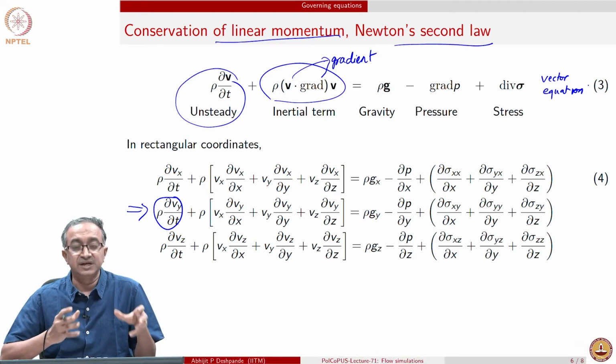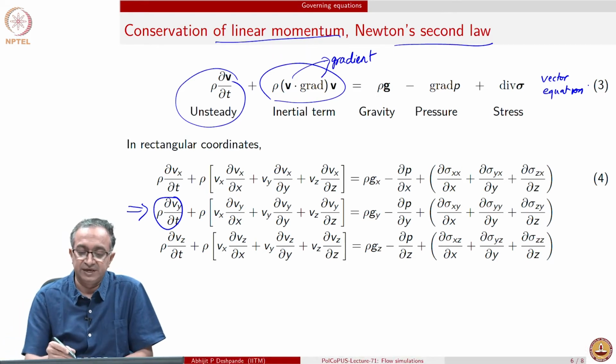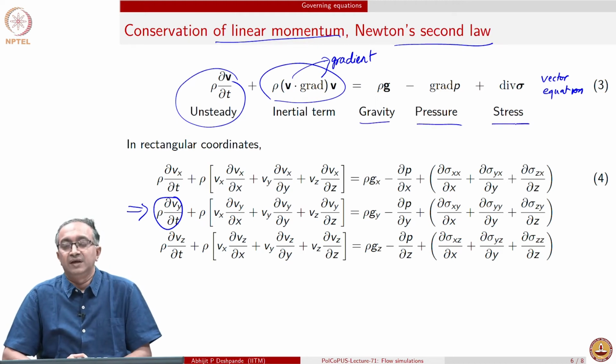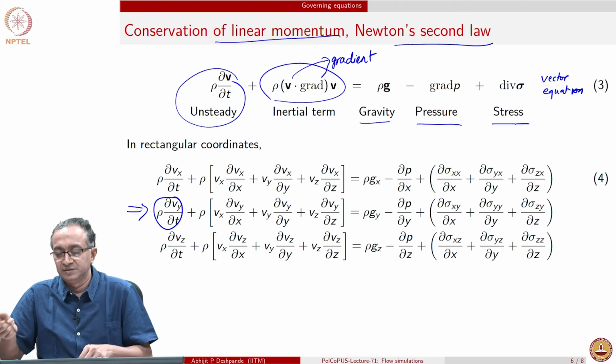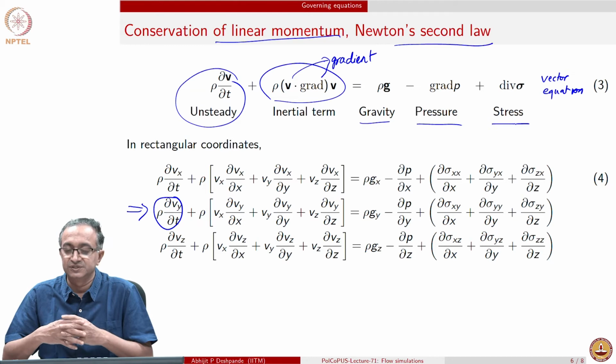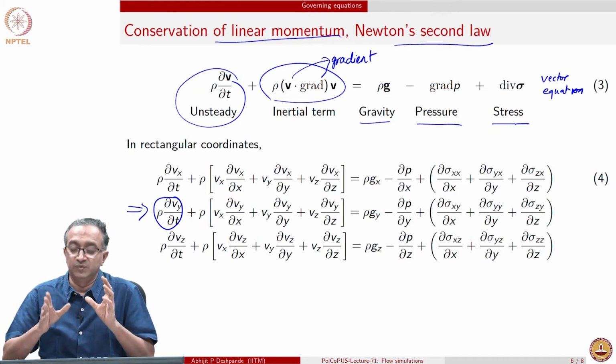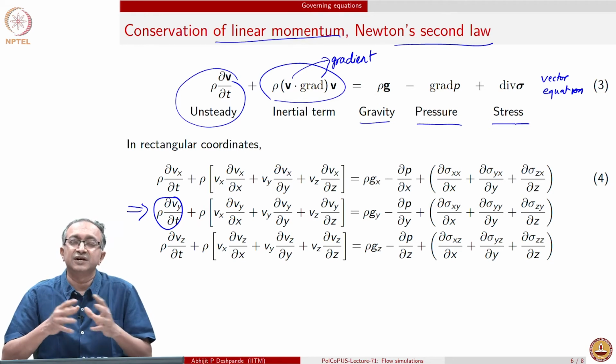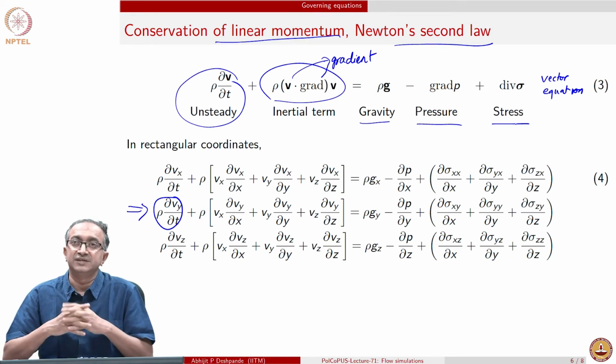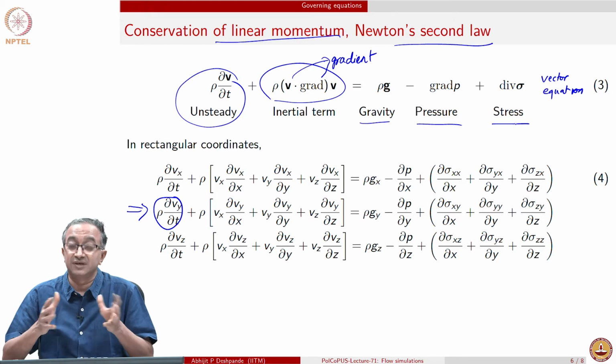Now, the inertial and unsteady terms are balanced by gravity, pressure and stress. And generally there is a misconception that if I use the symbol tau, it is shear stress, and when I use the symbol sigma, it is total stress, but you always have to look at the source and then try to make sense of what is exactly being said. So, do not go by symbols alone. So, in this case sigma is the total stress tensor.